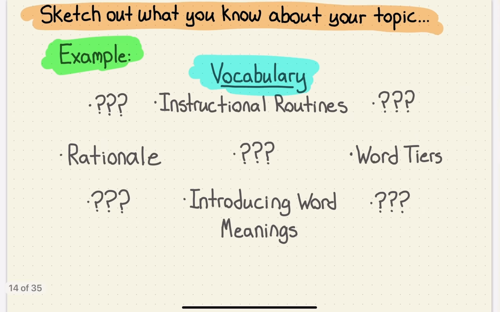So, I'm going to give you an example of what a previous session that I've developed looks like, and I want you to do the same. On either a blank piece of paper or an empty Word document, I want you to write the name of the idea or title. If you notice on the screen, I'm going to use a vocabulary session I did. Without using any other resources other than what's currently floating around in your brain, so no notes, no Google search, none of that, I want you to write down what you know about that topic already.